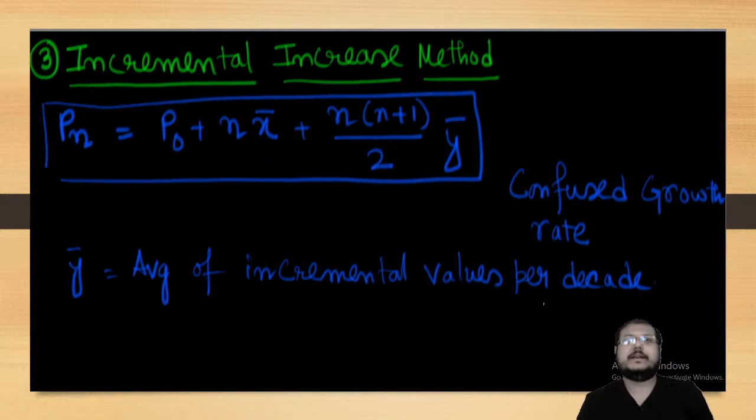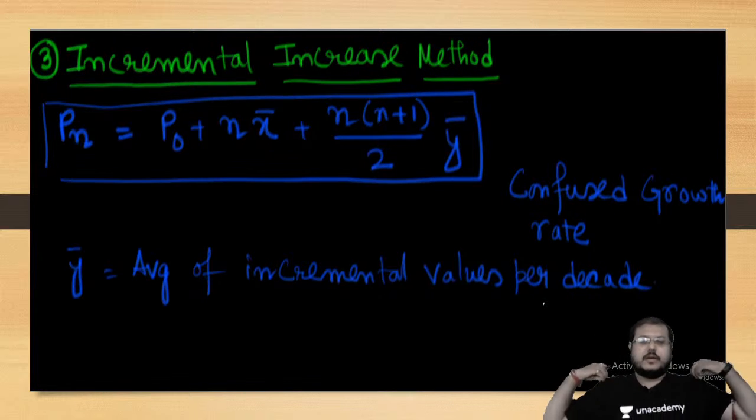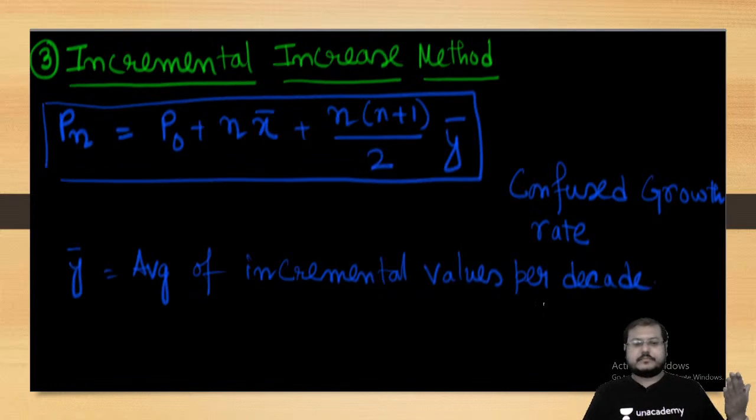We'll go for the incremental increase method. What is the incremental increase method? In the incremental increase method, when there is a confused growth rate, you can have old and settled cities, then something will be there. You can have new, young or growing cities, that can be another thing. Geometric, the exponential growth rate, that can be another thing. Linear growth rate, that can be another thing. But if it is a confused state of growth, then you need to go for the incremental increase method, where